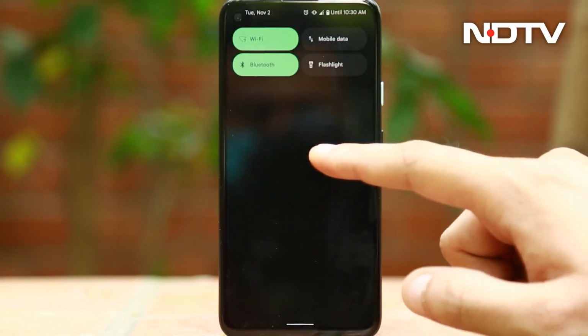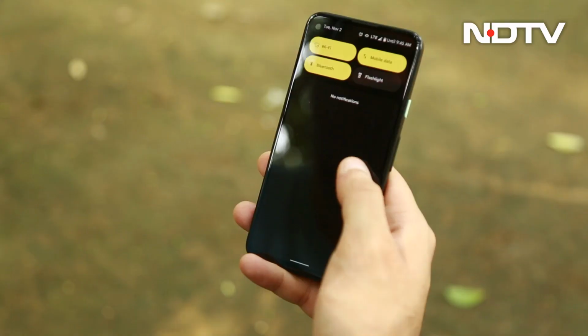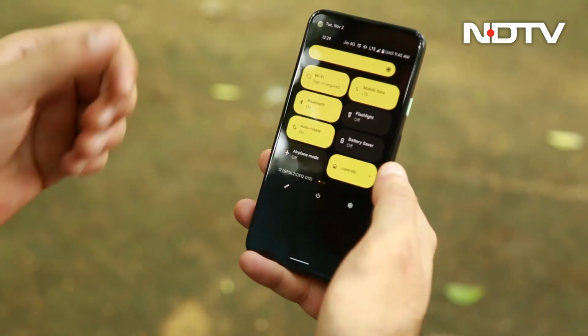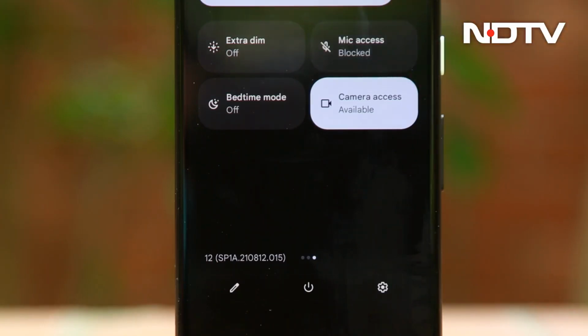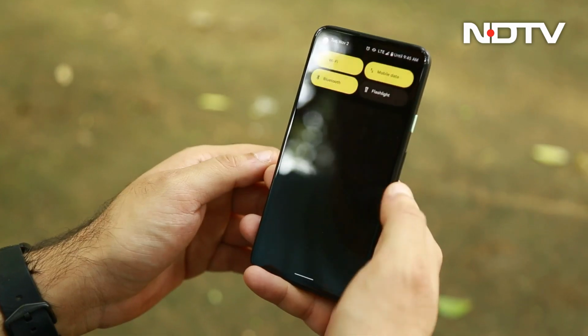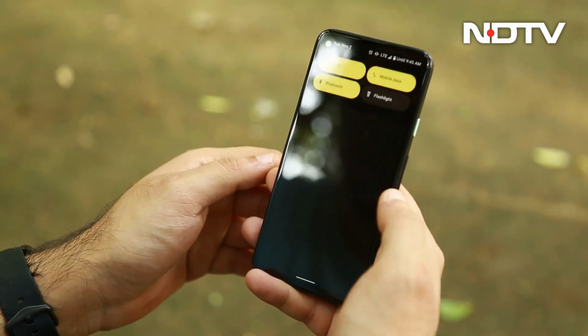The quick settings received a rather large overhaul as well. The smaller toggles are gone, replaced by larger, rounded rectangle buttons. The new tiles work like previous toggles when you tap to turn them on and off. By and large, it is just an aesthetic change. On the plus side, the larger tiles are much easier to read and house more information.